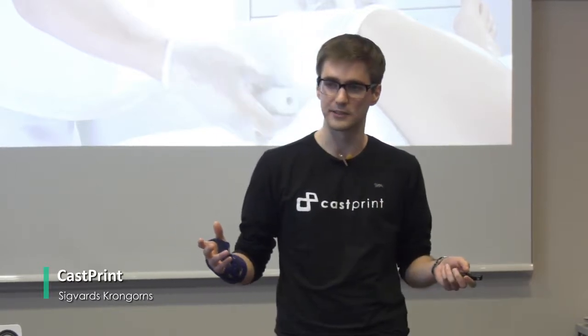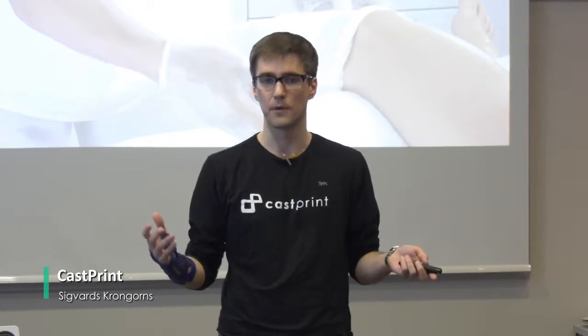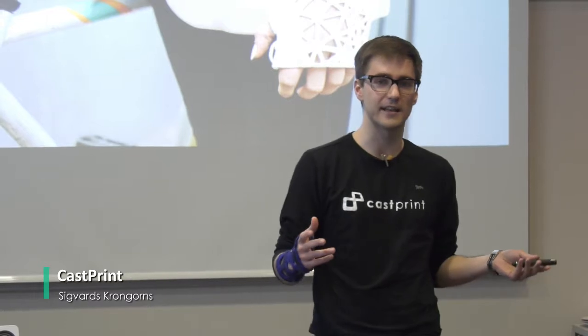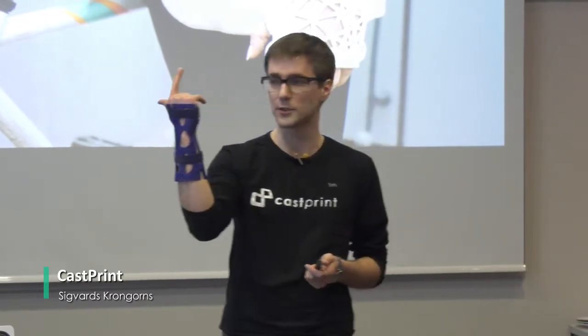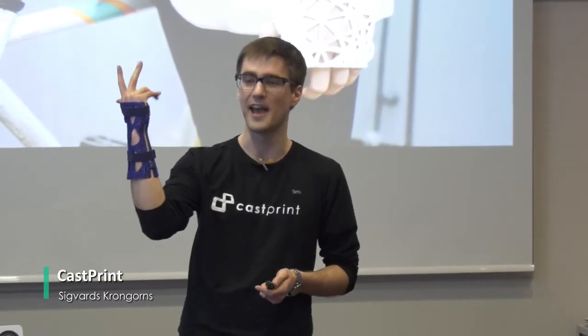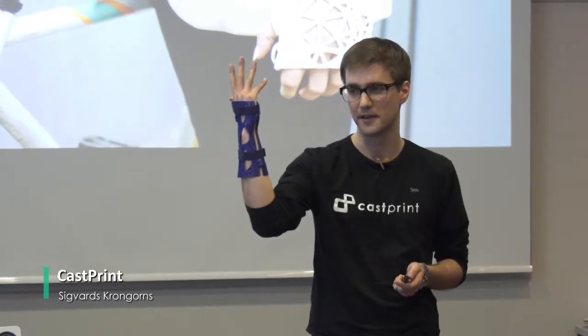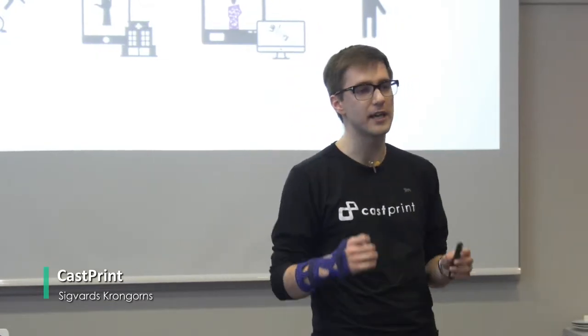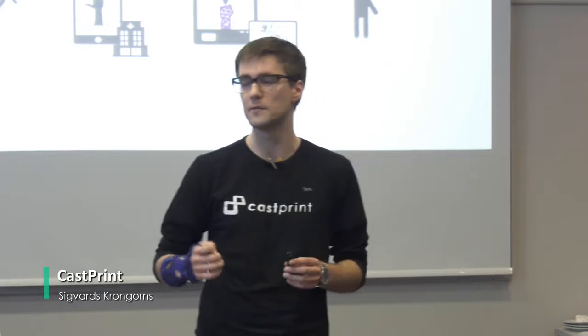And it shouldn't be like this. So we are solving this with the help of good old 3D printing by creating 3D printed casts that are lightweight, waterproof, ventilating, and custom-made for each patient. But more importantly, we have developed a solution that allows for hospitals today already to start offering 3D printed technology